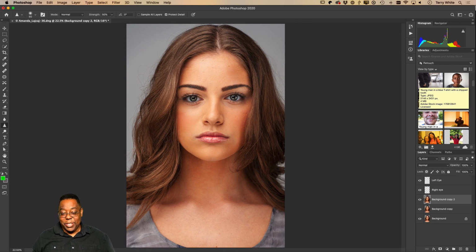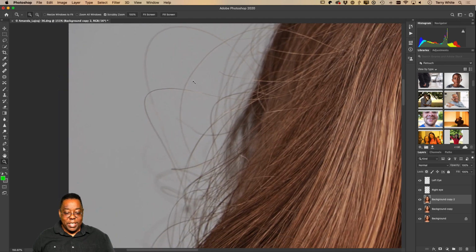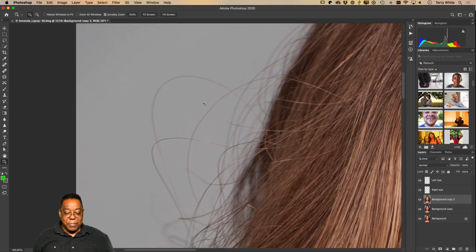Now, the next thing I might do in this photo is go in and start on the stray hairs off to the side here. This is always kind of a pet peeve of mine, but it's also one of those things that's a pain in the butt to do. Now, there's a couple tricks for this. We could clone it out. We could patch it out. We could do all kinds of things to remove it. But one of the things,